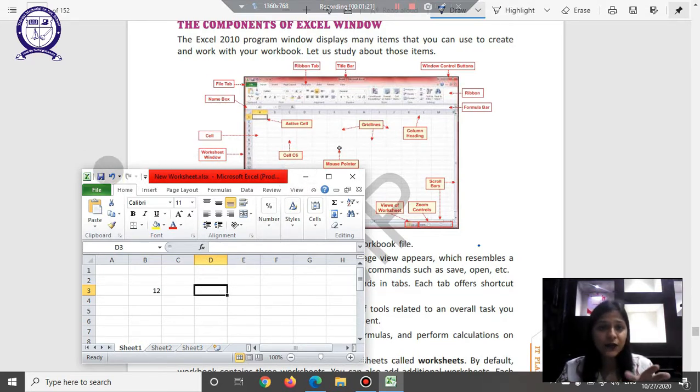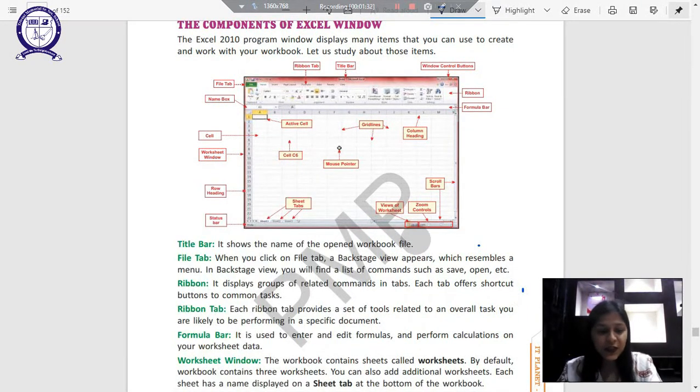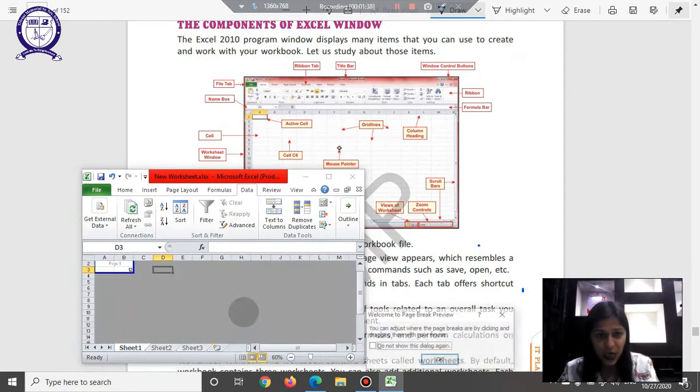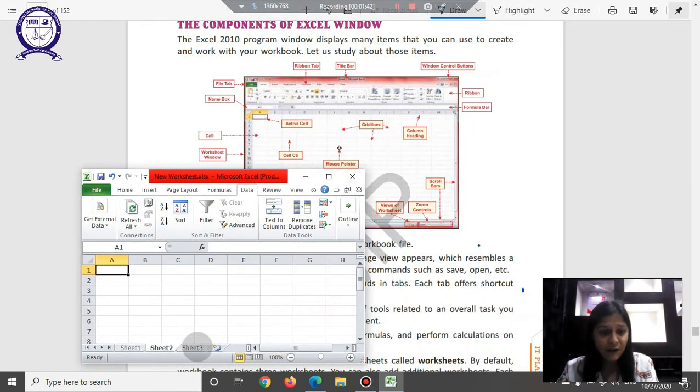Then we have our small quick access toolbar. Then we have our file menu, formulas, data ribbon, and various other features inside each of them. Below the worksheet we have our zoom controls and then various views of our worksheet, which decide how our sheet should look. Then we have multiple sheets.